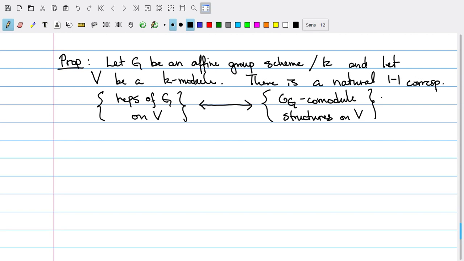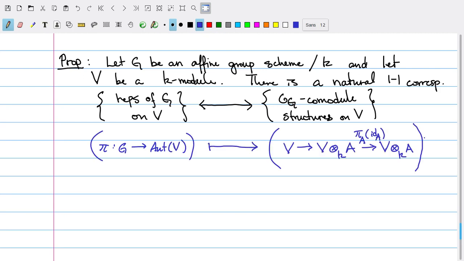If I start out with an affine group scheme G over a ring K and I let V be a K-module, then there's a natural bijective correspondence between the representations of G on V and all the different OG comodule structures we can impose on V. This correspondence sends a representation, pi, to the composition